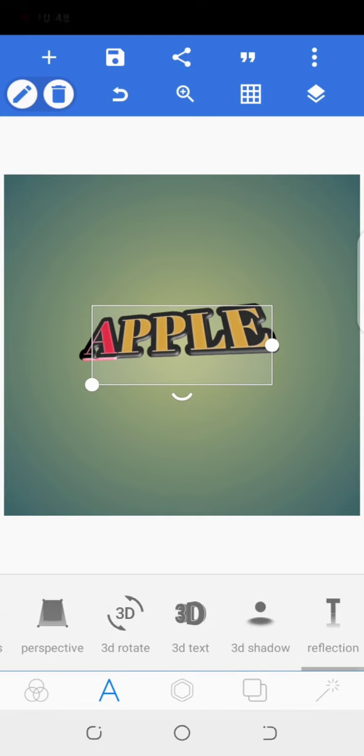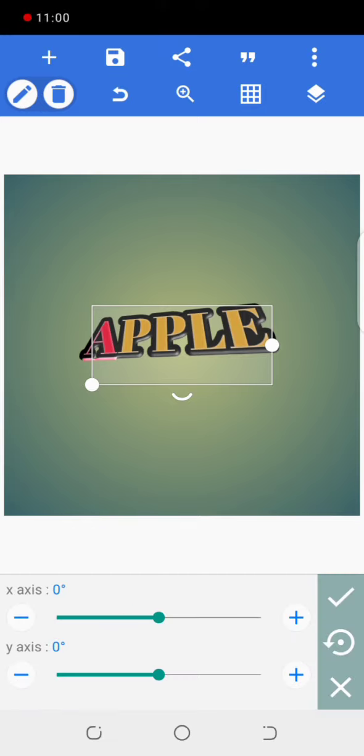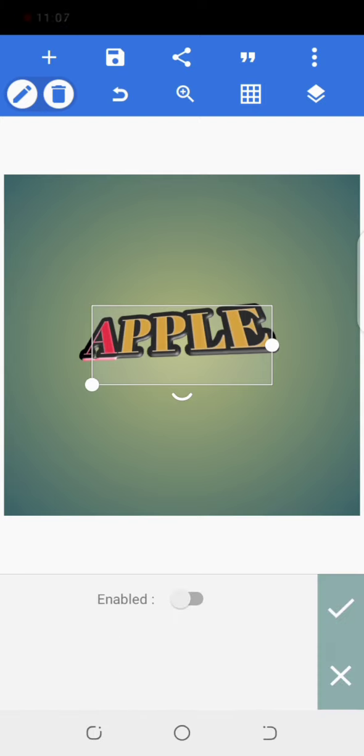So now we have 3D rotation, and irrespective of the dimension the text is, you can still use the 3D rotation. This one is 2D text, but we can still use it. Okay, as you can see now, 3D text. If you enable